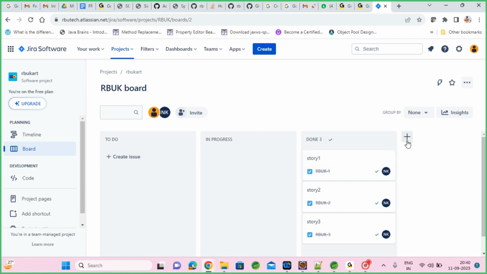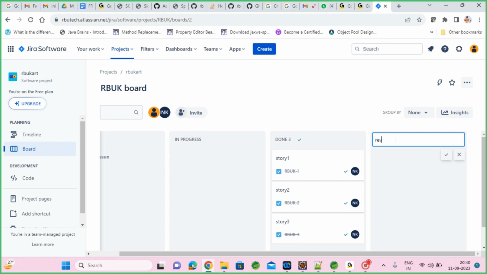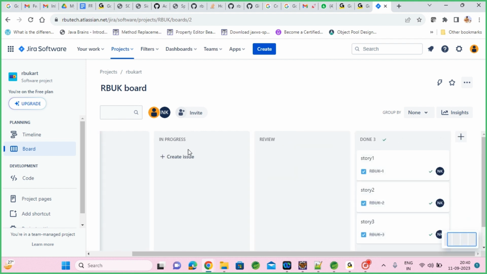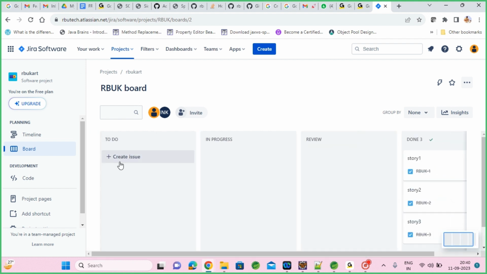If you want to add one more stage here, you can add it. So review, if you want to do, you can add here. Maybe you can move that here. So each story you can create into to do. So if you want to start it, when I assign this, right? Let's say I'll